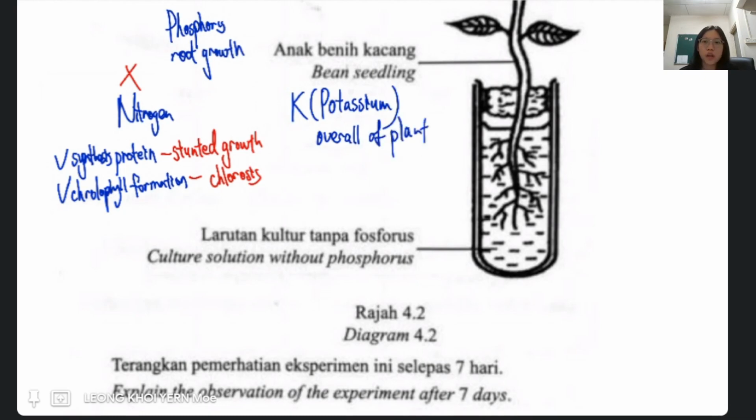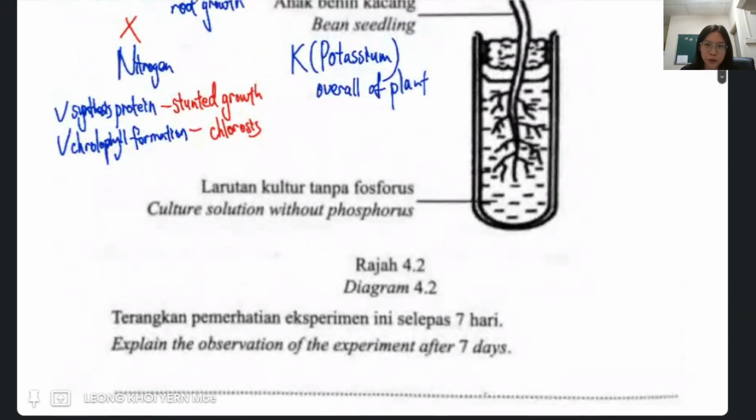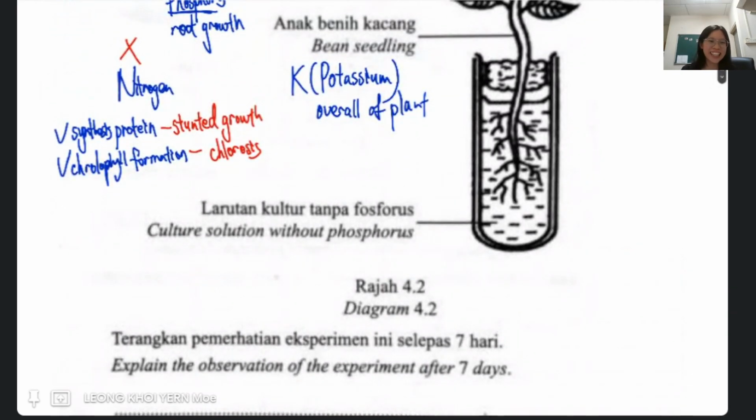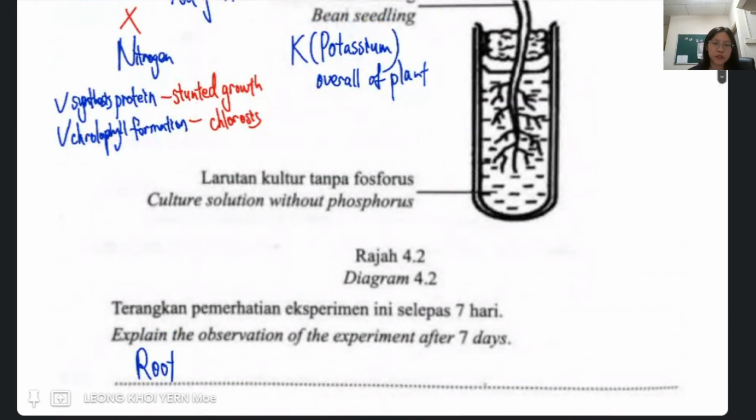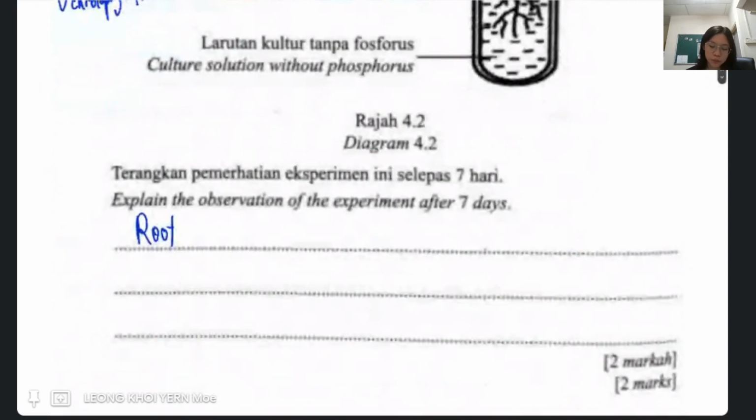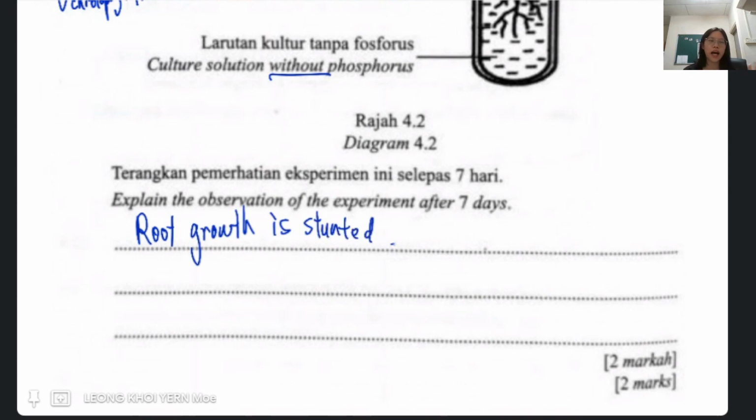Yeah, so phosphorus, right? Other than root growth, you can actually mention this phospholipid. But the main thing is the root growth lah. Phosphorus is very important for root growth. So what happens without phosphorus means root growth is stunted, no? Yeah, you just write it in the opposite way. And other than that, if you manage to remember a lot, then you can explain because phosphorus